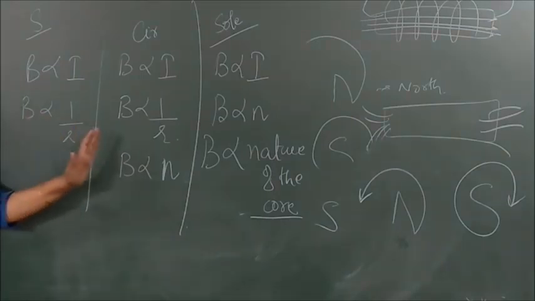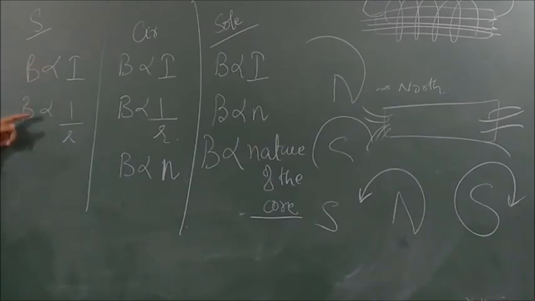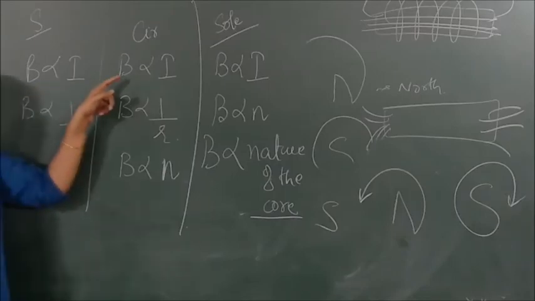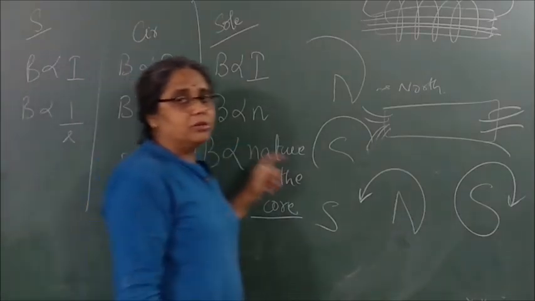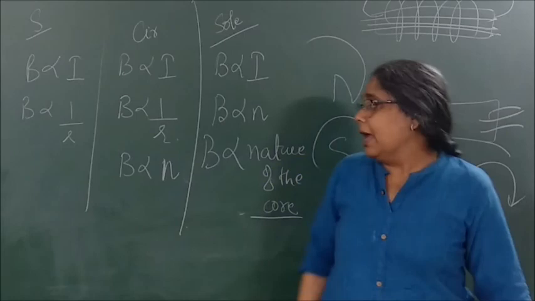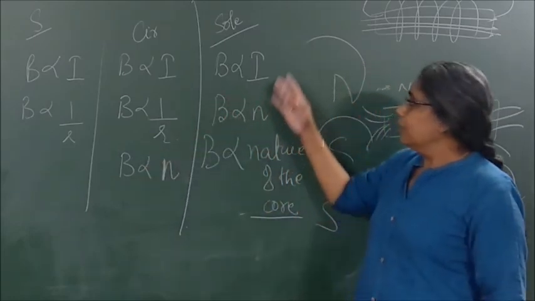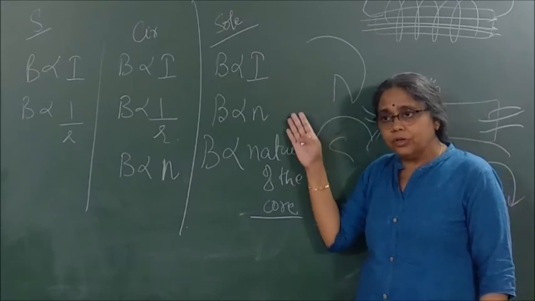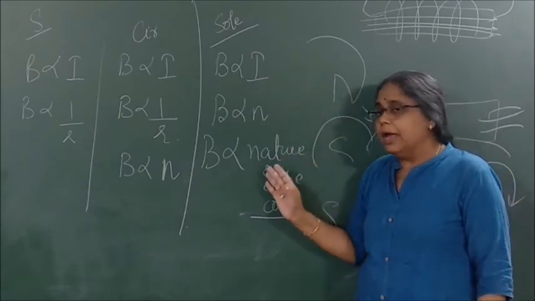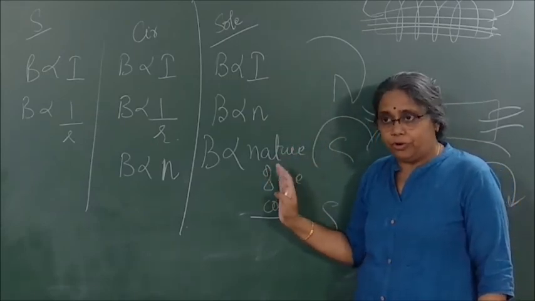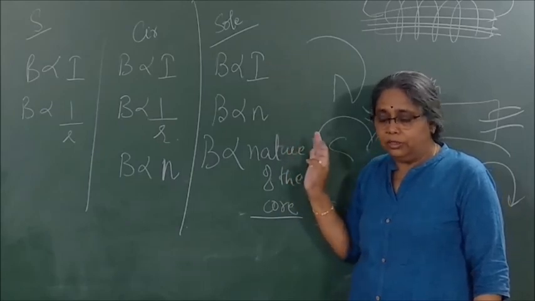Is the differentiation clear? Remember this. Magnetic field in a straight conductor depends only on current and bringing the compass closer to the current carrying conductor. Here it is current, bringing the compass closer, and the number of turns of the copper circular wire. Here, current, number of turns of the circular copper wire, and also the nature of the core. So you have to write all three.